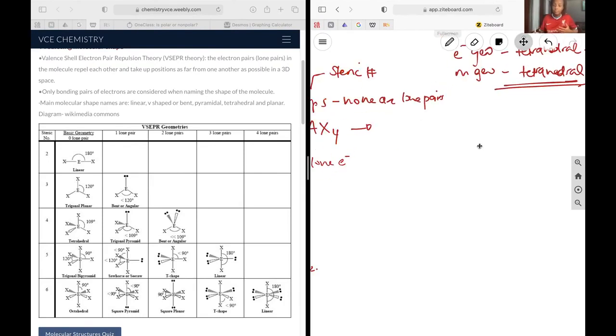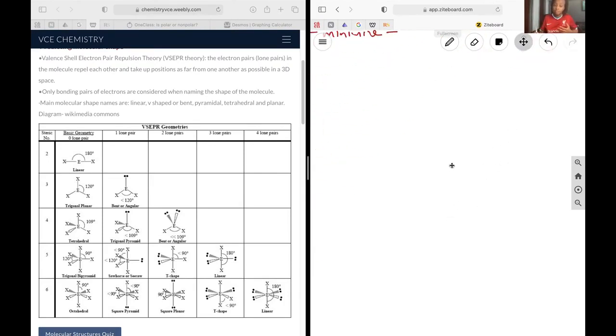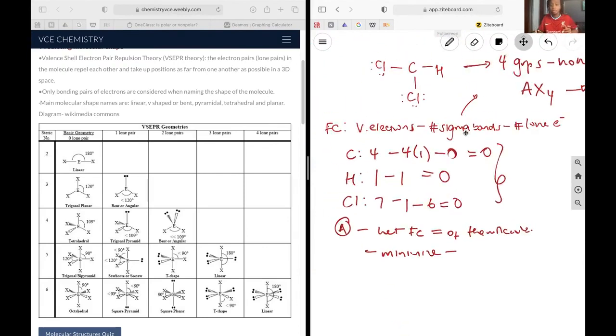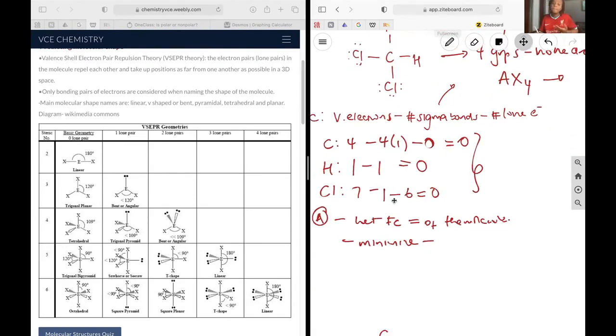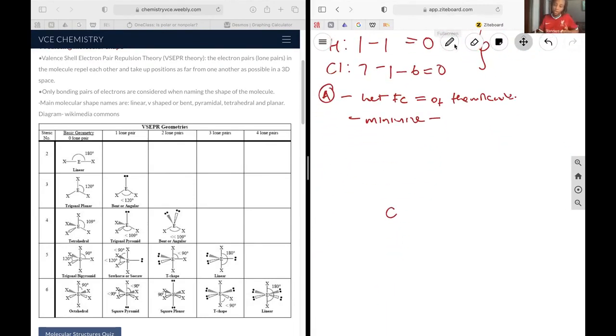Okay, now next up, I would like to draw it out. There are many ways you can decide to place the hydrogens and chlorines, which is something you must have wondered. I could decide to switch them, or have the chlorines across from each other. Any of those would really be acceptable. It won't change the